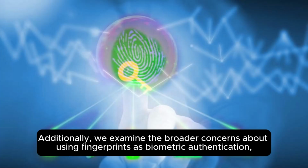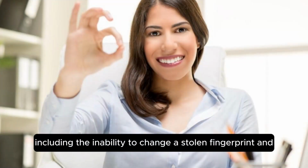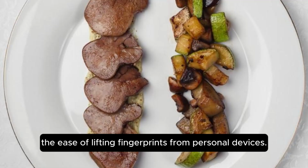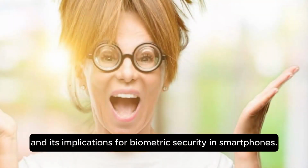Additionally, we examine the broader concerns about using fingerprints as biometric authentication, including the inability to change a stolen fingerprint and the ease of lifting fingerprints from personal devices. Join us for an in-depth analysis of this significant security flaw in the Galaxy S5 and its implications for biometric